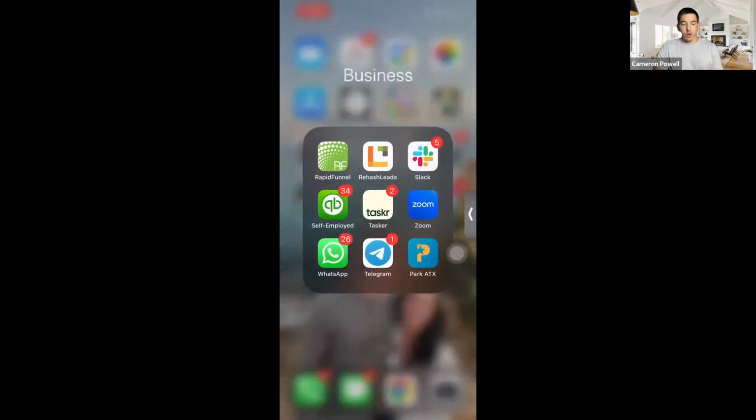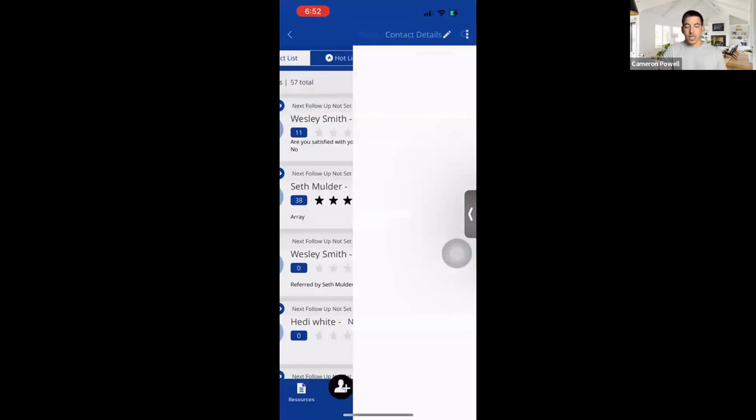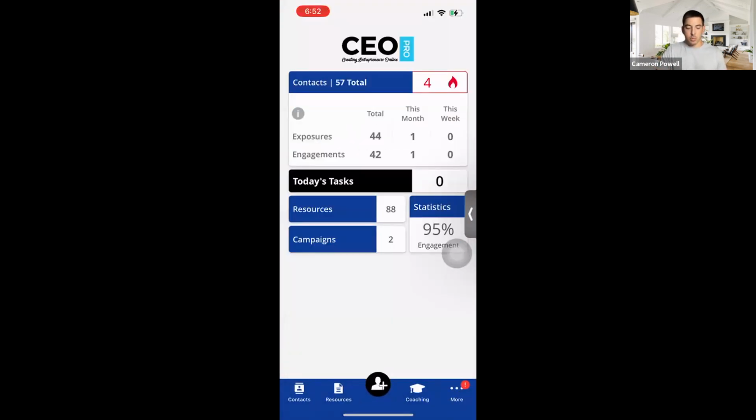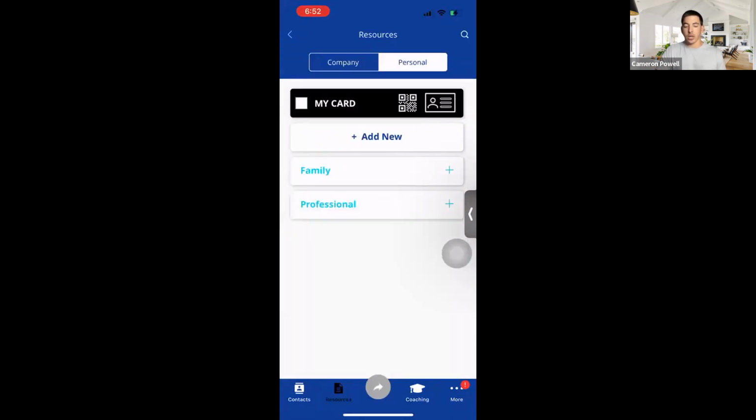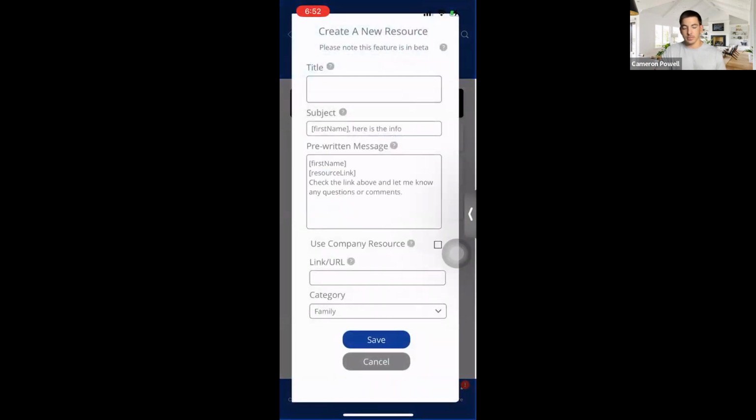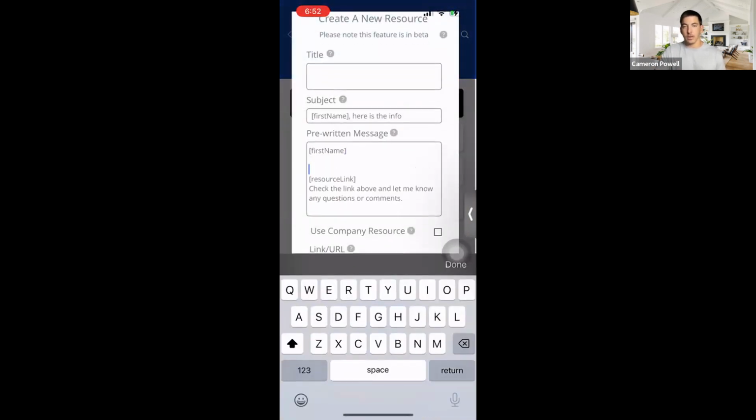If somebody on the call, just to get everybody involved, can anybody give me an example of a pre-written message that you currently send to somebody to spark interest or start a conversation? That's not already in the app. Anybody using some of their own messaging to start conversations, or a text that you could find valuable?